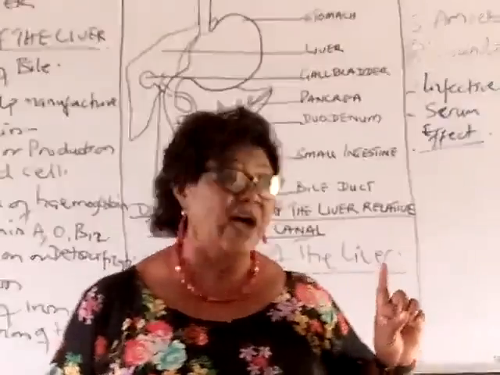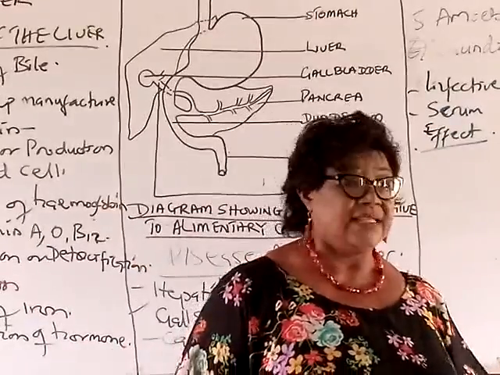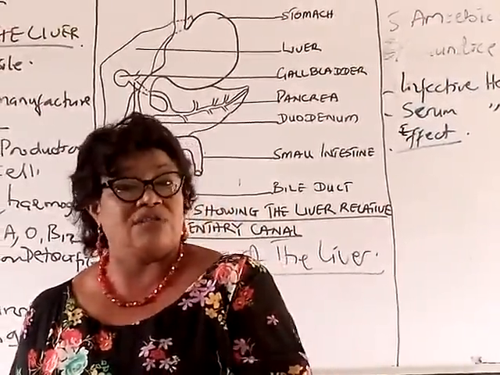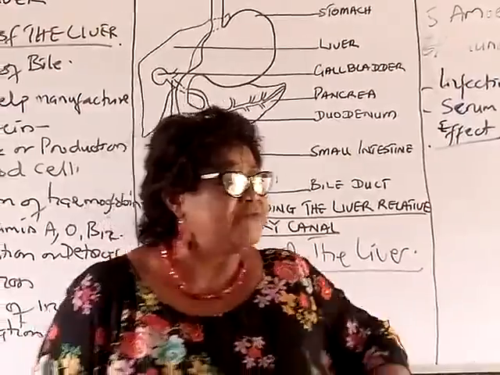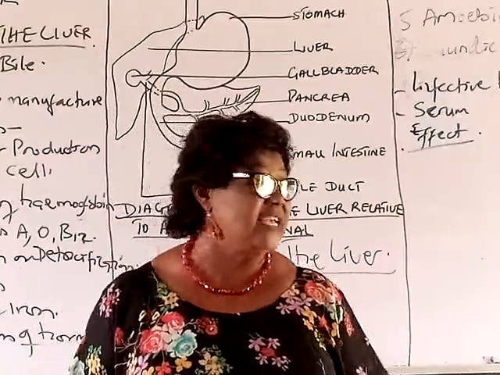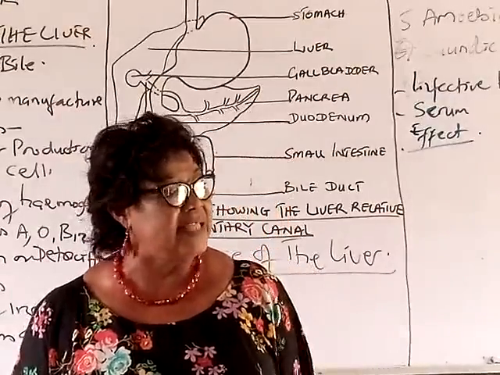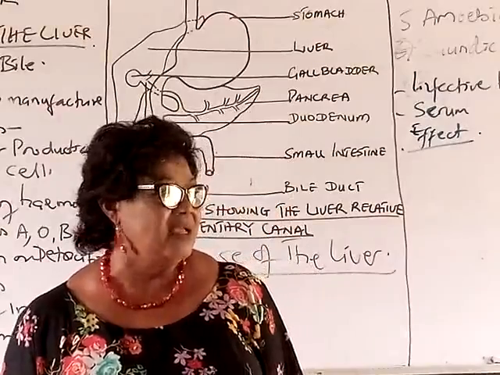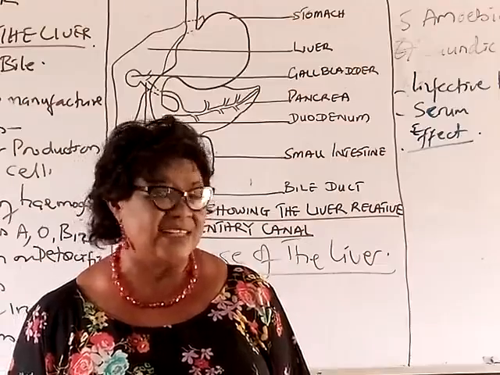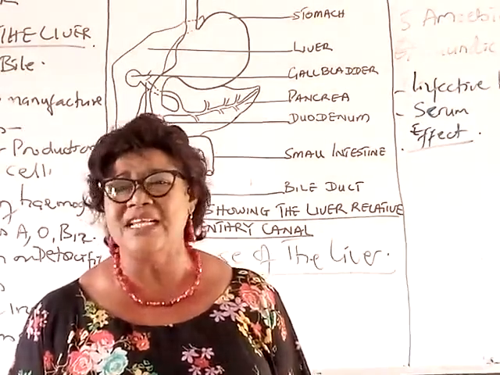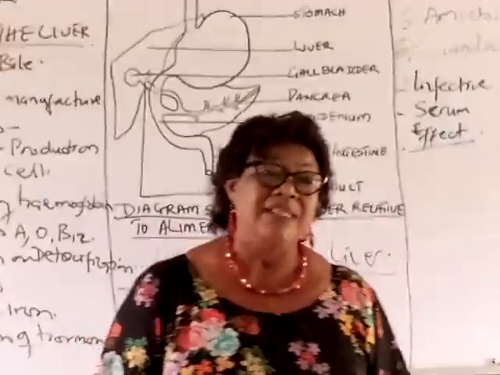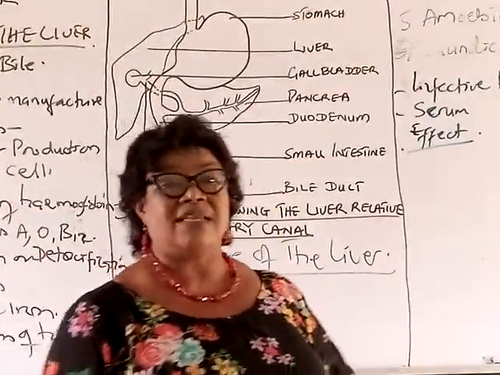Remember that I said the liver consists of two major lobes, the left and the right, and the right one is further divided into two other lobes. So if it is noticed on one, it can easily be cut off. But if it is chronic, then transplant comes, and that is why we might need a useless fibrous tissue to replace the cancer, and that is very dangerous, and that will definitely lead to the death of the individual involved. May the Lord have mercy on us, so as to take care of our life.